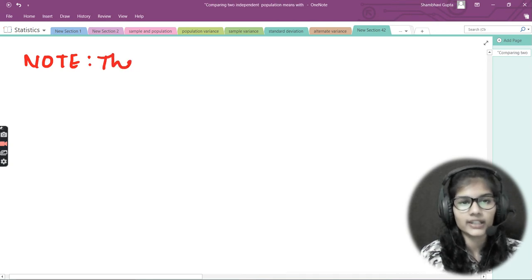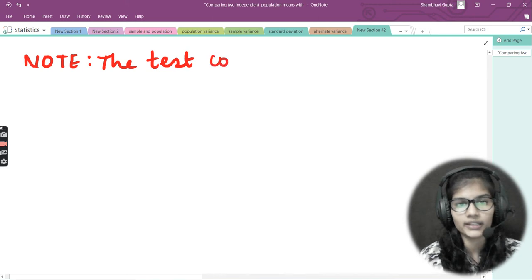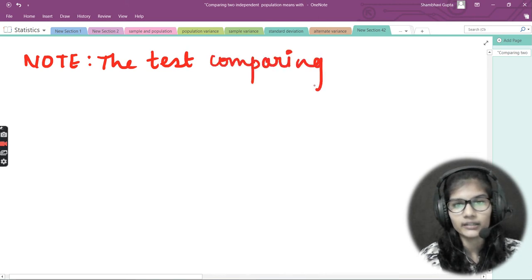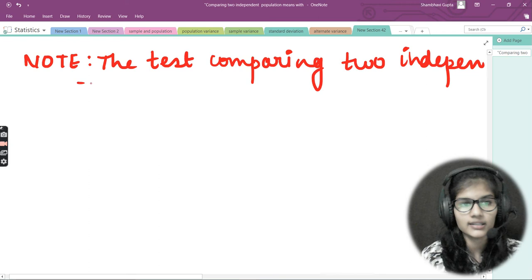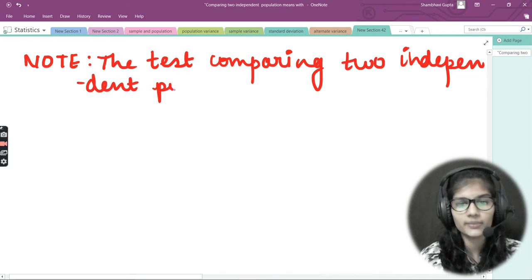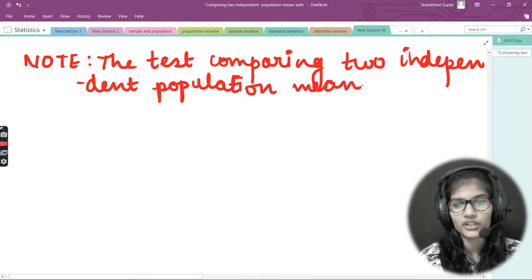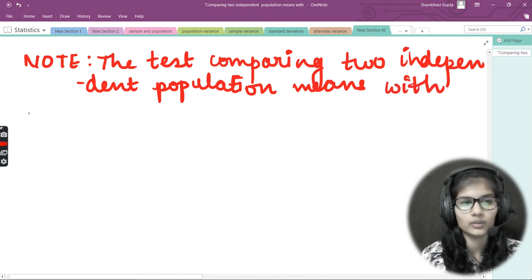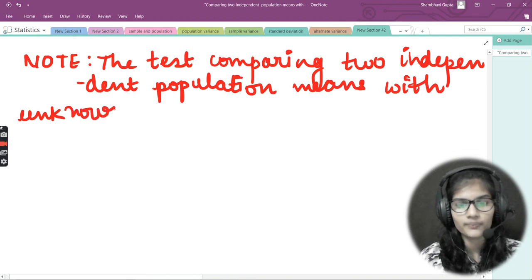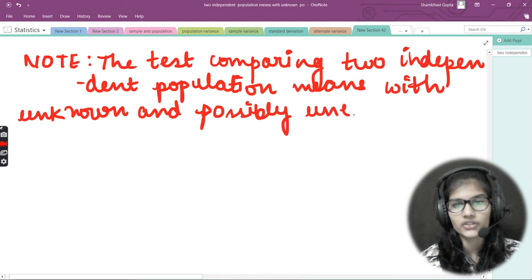So my note: the test comparing two independent population means with unknown and possibly unequal population standard deviations